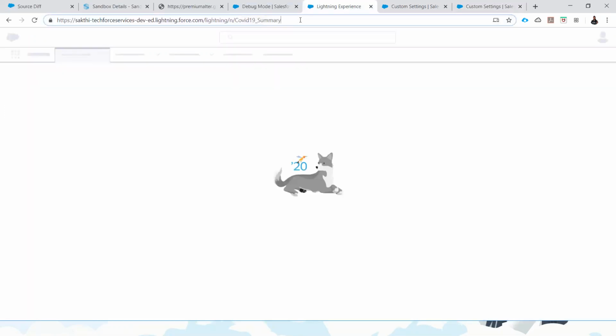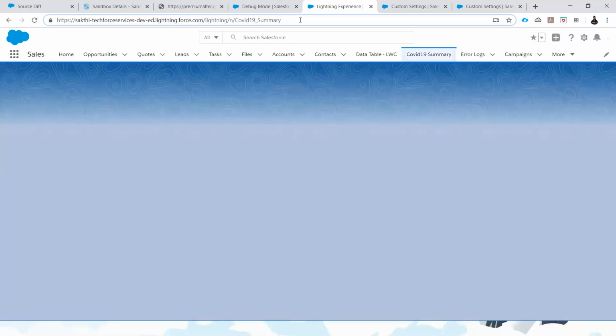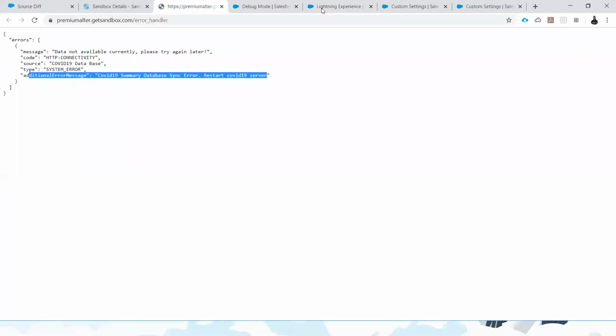Too slow. It's getting the error handling for this API with the get sandbox, and I'm getting this response.